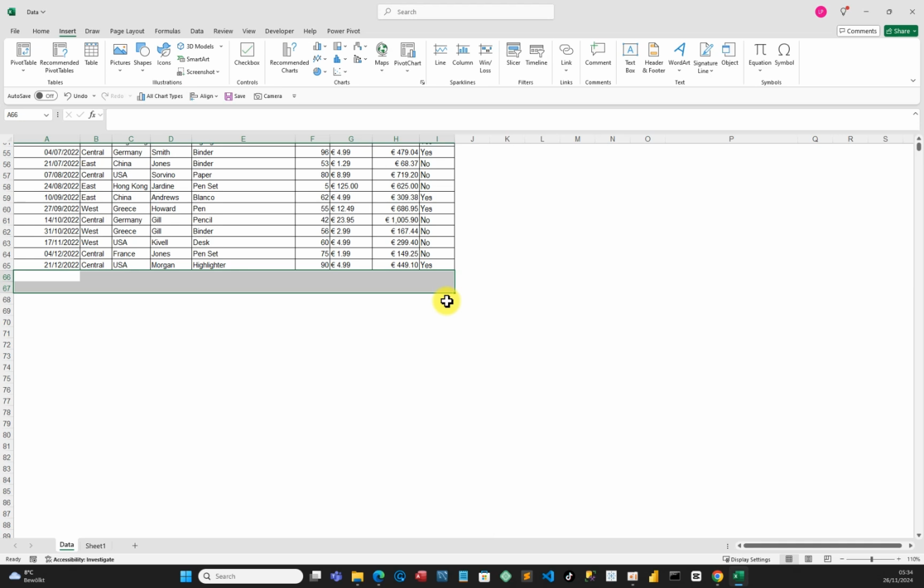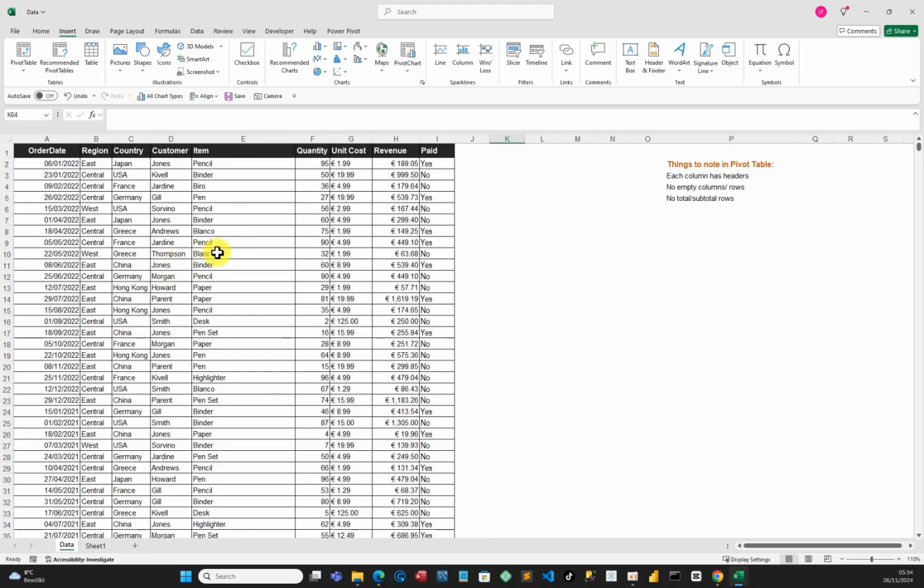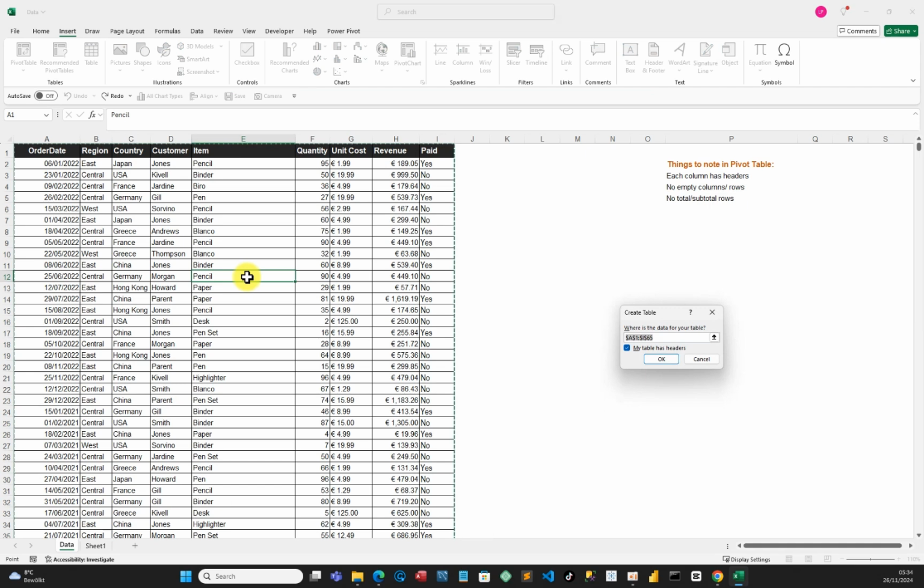That is why I will always advise you, first of all, make sure you put your data in a table before you put it in a pivot table. You can decide to go to insert. This is insert. You can come here to make it a table. You can also use a shortcut, Control T. Control T will give you